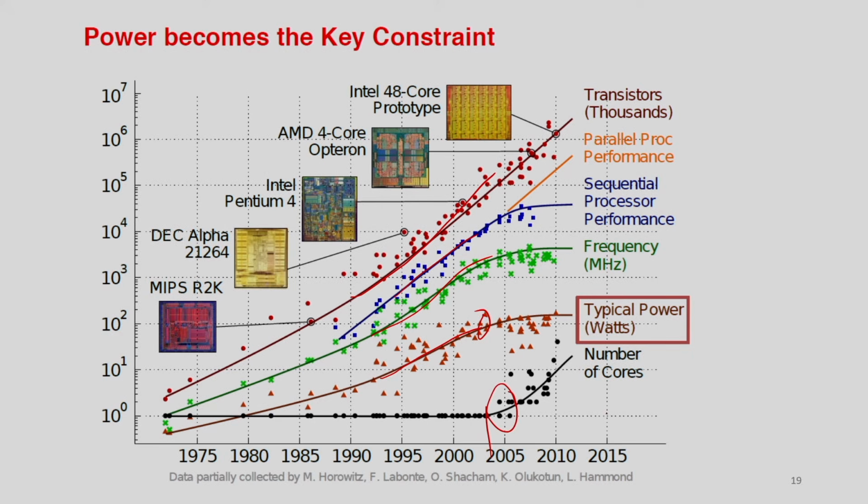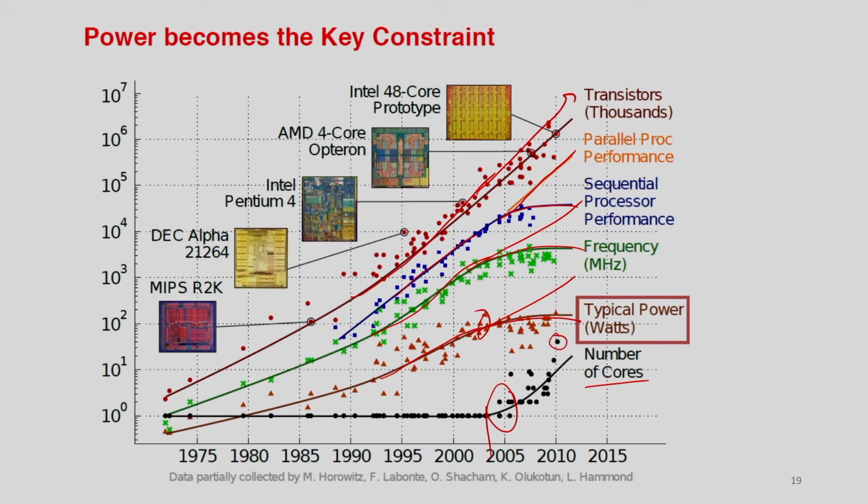Now, instead of a single processor, I am putting multiple cores, and we now have at most 64 cores in a particular circuit design. With that I am able to control the power consumption, because it is not growing like before. I can reduce the frequency, and the sequential processor performance does not improve, but the overall performance using parallel processors increases. And I can keep Moore's law alive, because I keep increasing the number of transistors in my design.